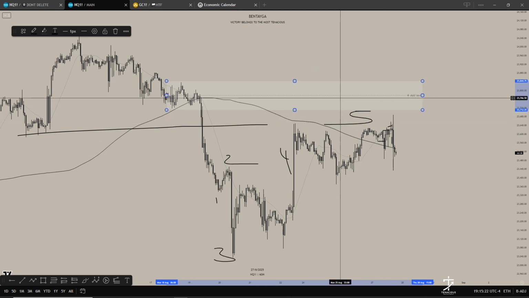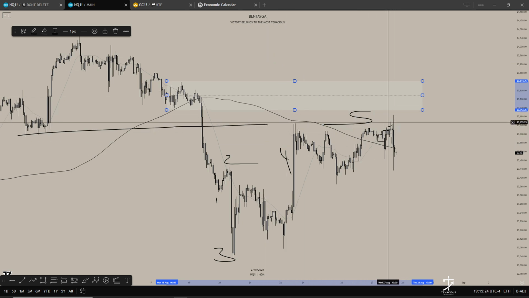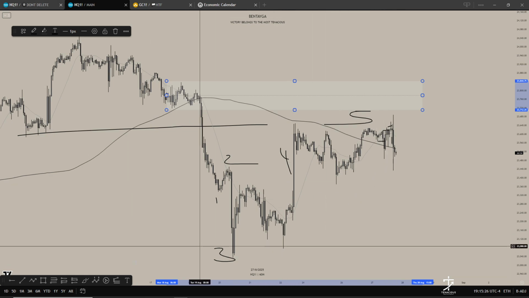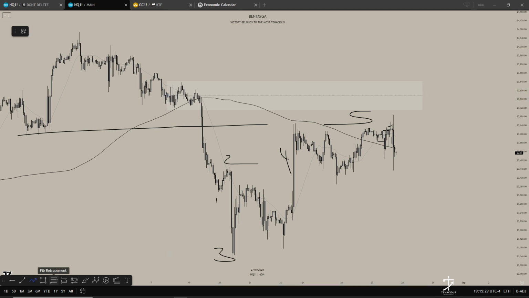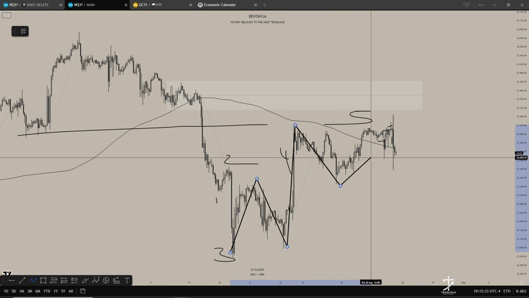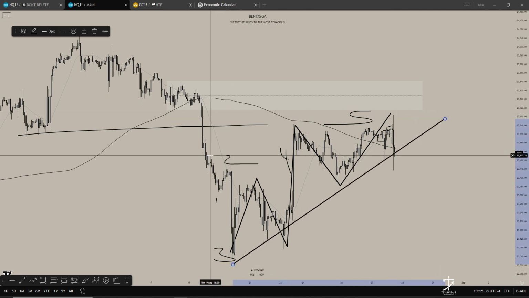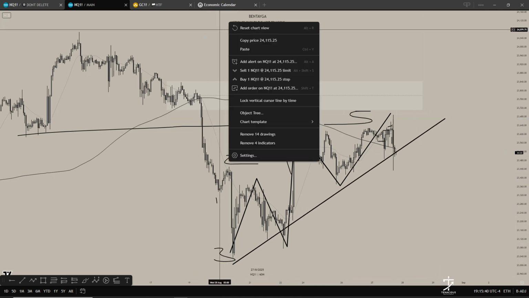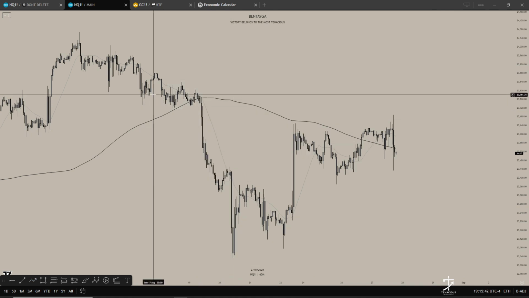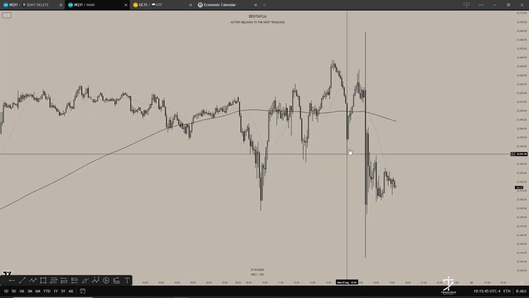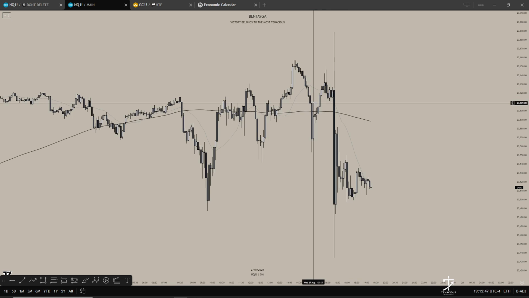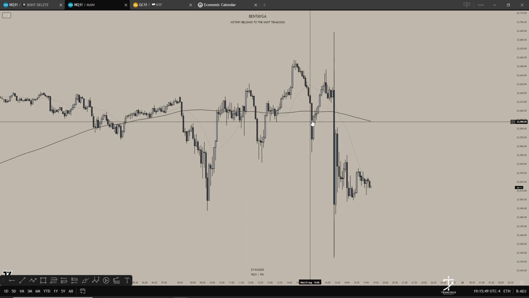But I was looking for shorts primarily, and then I realized that instead of looking for shorts, technically we are in a pullback, because all we've done is make a low, higher high, higher low, higher high. And we even have this trend line. So it just makes sense for me to look for longs. Let me not try and force the higher time frame narrative. Sometimes let me just follow what price is showing me on the given chart that I'm on, on a given time frame.